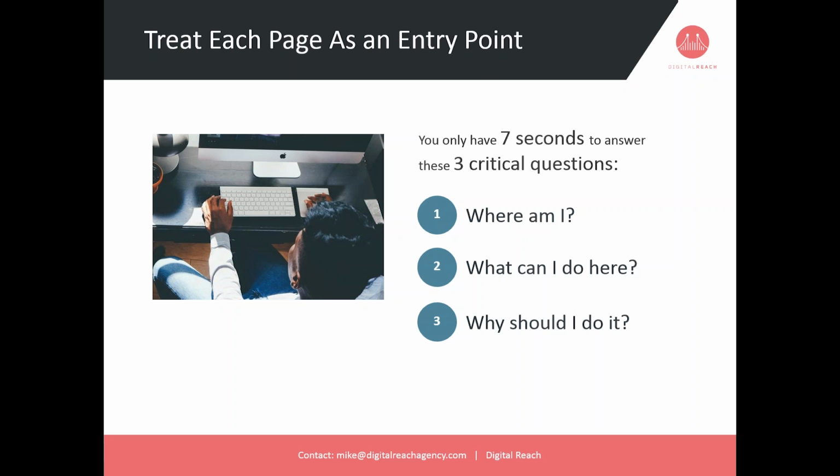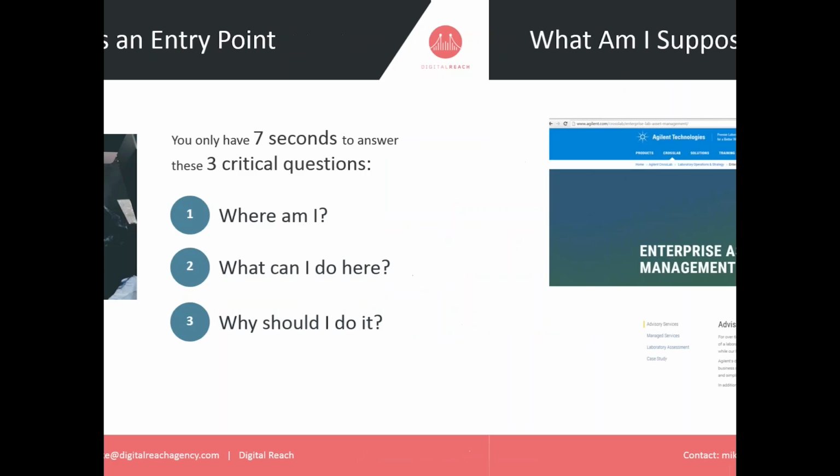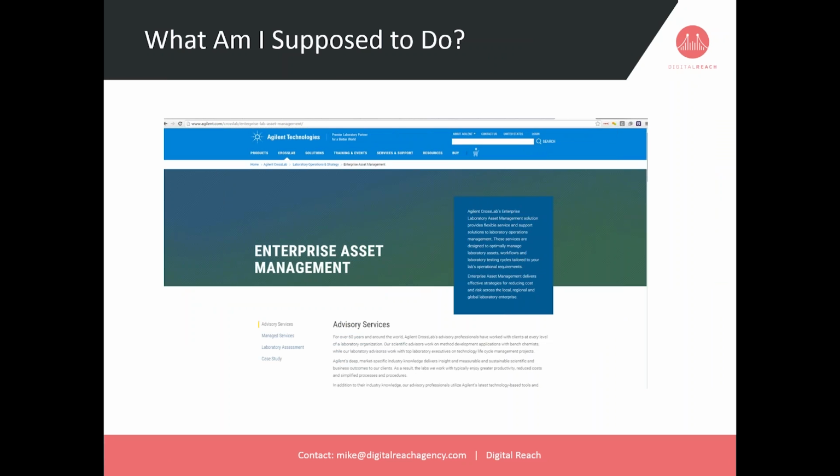Because people are used to engaging with websites these days, and you need to make it easy for them to take next steps with you, and often that's not the case. And I've used Agilent before as an example, and this is a very large company, and I like to pick on them only because they're getting better and better. You should have seen their website a few years ago. This is actually a new iteration and a better version, in my opinion, and they have internal people and a complex organization, if you will, with many business units and product offerings. And I can only imagine the internal arguments that happen over, well, what about my call to action? What about so-and-so? But point being is, I think